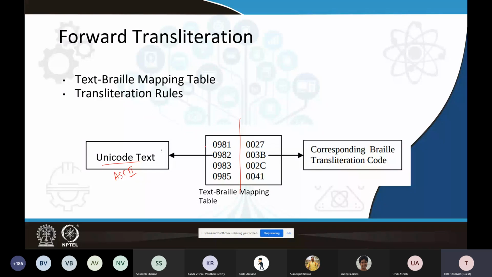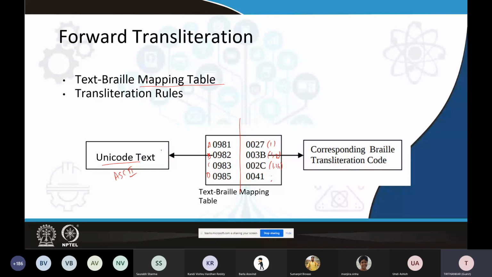These are the English alphabets like A, B, C, D, and so on, and these are the braille representations, which are actually in the form of these positional encodings like 1, 1 2, 1 2 4, and so on, right? Say for example we have a text like mapping table, and